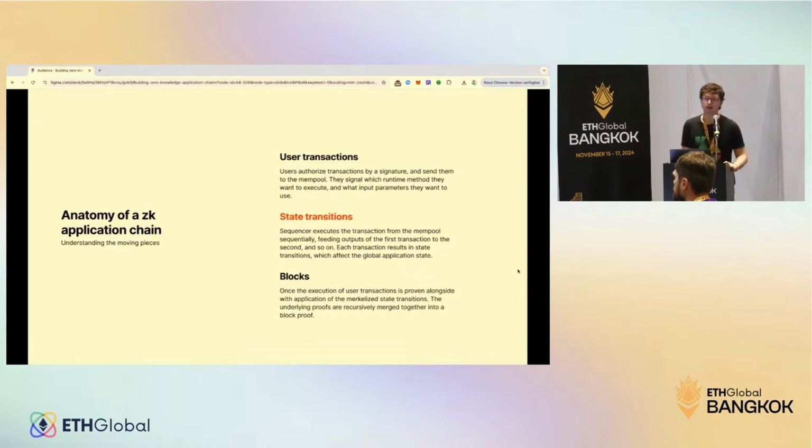Awesome. So how does this zk application chain work under the hood? We have a pretty simple workflow, I would say. It starts with the intent to do something, for example, I want to swap this token for that token on a DEX. Users authorize those transactions by a signature. They sign what they want to do, so we can make sure it actually came from them. Next, the transaction lands in a mempool. The sequencer, the one that operates the app chain,